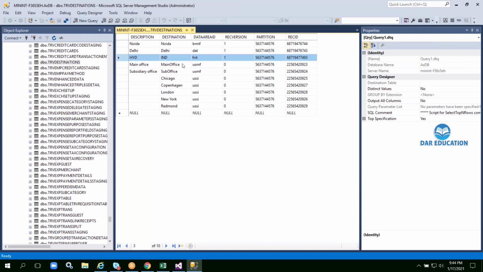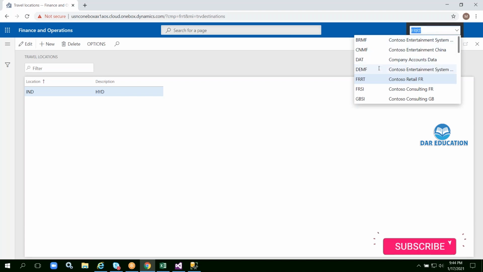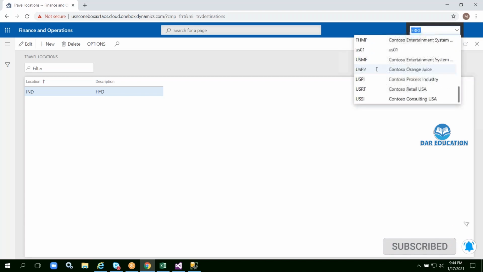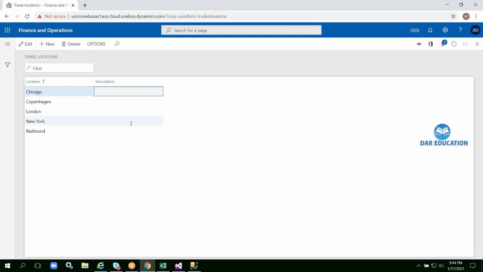You can see here, and this main office in USMF company, and in USSI company there are almost 1, 2, 3, 4, 5 records there. USSI, just let me open that USSI. This one last, see here, 5 records, but there is no description here. Okay,